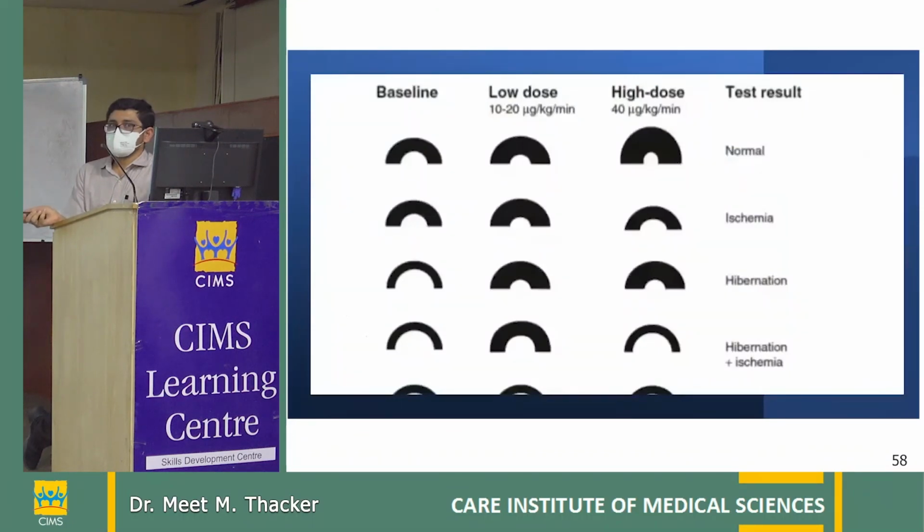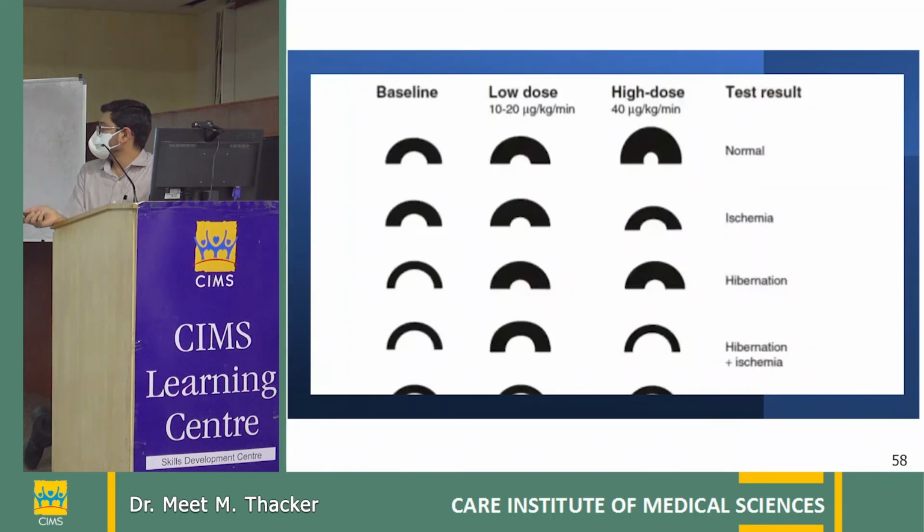This is the normal contractility with dobutamine. Usually the systolic dimensions decrease in size. At low dose it increases, and it further increases at a higher dose; this is the normal response. Initially at low dose it increases, but in the presence of flow limiting ischemia, it decreases at higher dose. So we can see that initially it increases and then it decreases. This is the classical biphasic response on dobutamine stress echo.